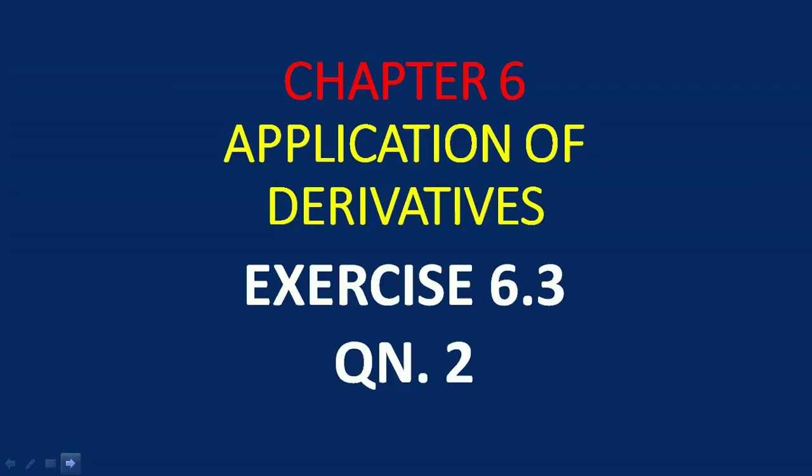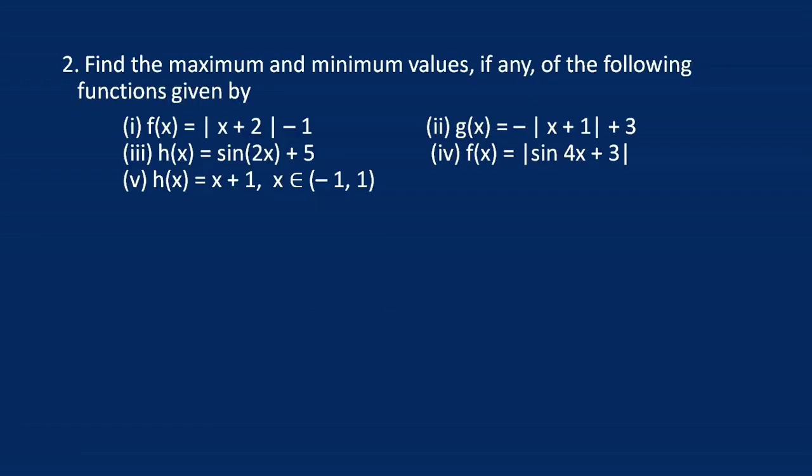Chapter 6, Application of Derivatives, exercise 6.3, 6.5 in the last year textbook. Question number 2. Find the maximum and minimum values if any of the following functions given by. First question, f of x is equal to mod of (x plus 2) minus 1. Second, g of x is equal to minus mod of (x plus 1) plus 3. Third, h of x is equal to sine 2x plus 5. Fourth question, f of x is equal to mod of sine 4x plus 3. Fifth question, h of x is equal to x plus 1, where x belongs to the interval